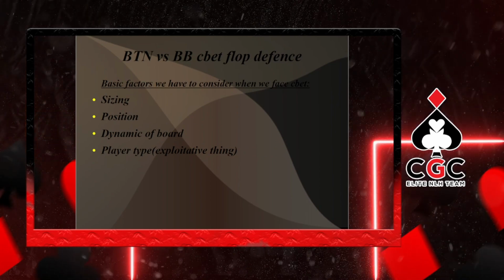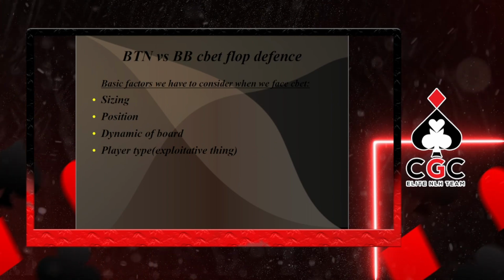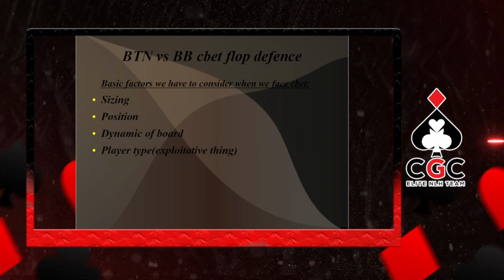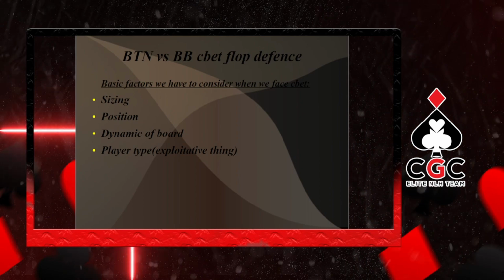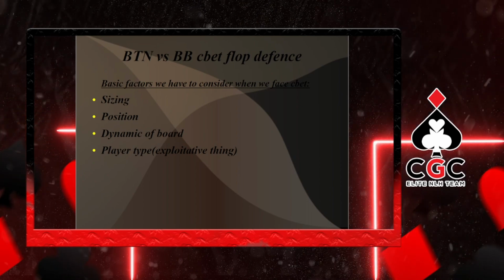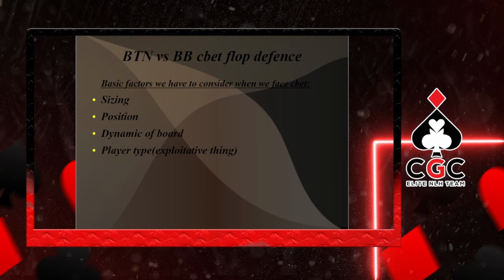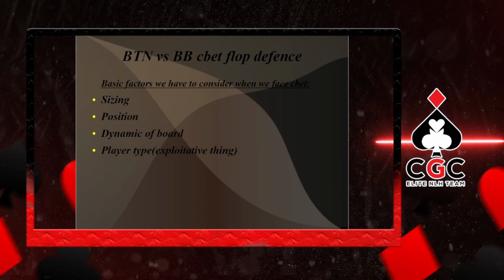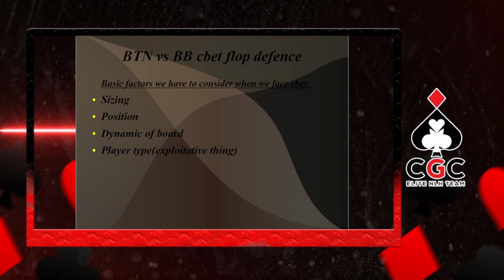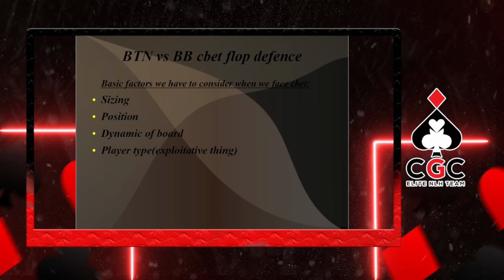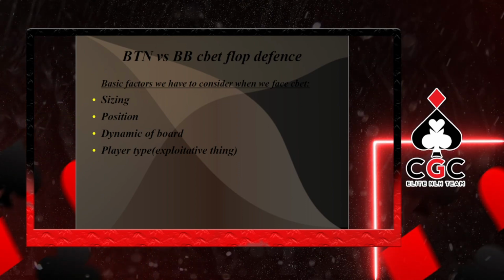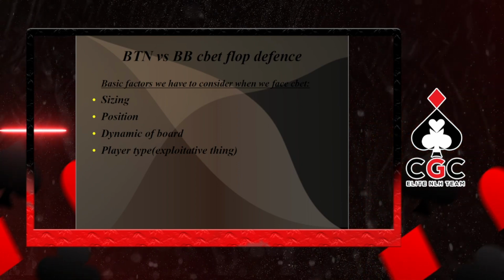So, as I said, we're going to discuss the button versus big blind c-bet flop defense. And we're going to see the basic factors we have to consider when we face a bet. So the basic factor is, one, and most important, the sizing. Second, position. Third, dynamic of the board. And lastly, the player type. The last, player type, is a more advanced factor, I should say, and more exploitative thing. So we're gonna skip this one,